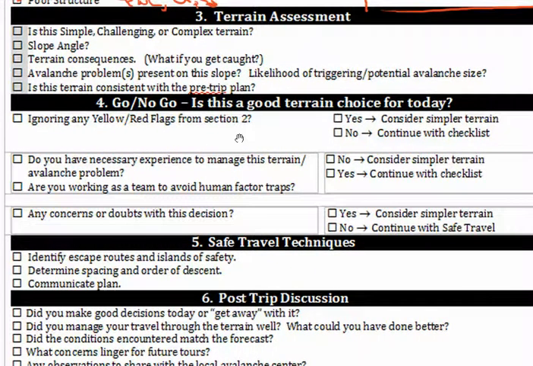And then when we come down here a little bit further, we've gone through all of our questions about where our terrain is, and then we get into this no-go section. This thing really kind of lends itself to a flowchart more of a look than it does a checklist look, if that makes sense. And this is, once again, just my mind thinking about it. So if I come in here